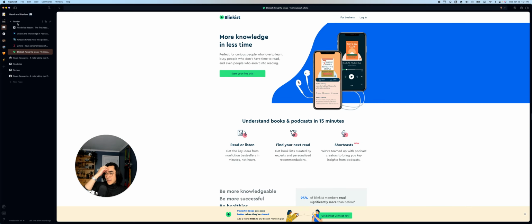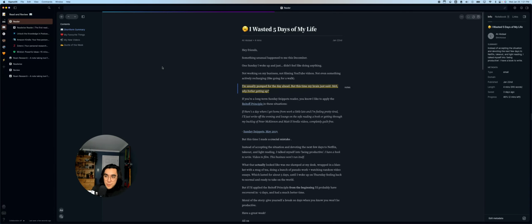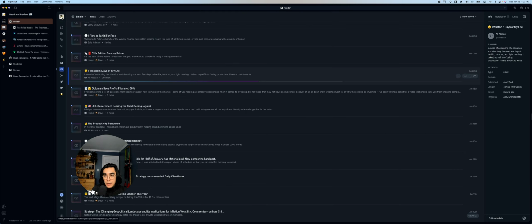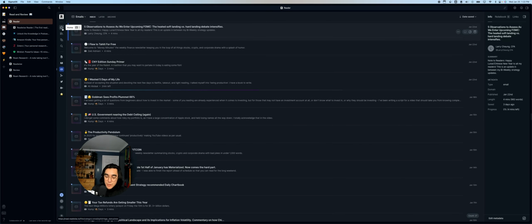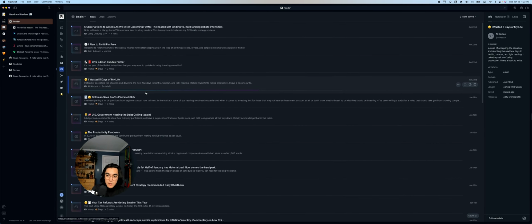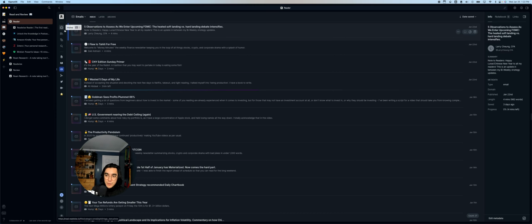So, I use a couple of apps and websites and stuff like that. We're going to kick things off with my favorite of the bunch, which is Reader. So, when I get to storage, we'll talk about Readwise. But right now, we're going to focus on the Reader portion of Readwise. So Reader is a fantastic app for reading things later, storing articles and stuff like that on the internet for later. It does a couple of things that a lot of previous generation read it later applications don't do.